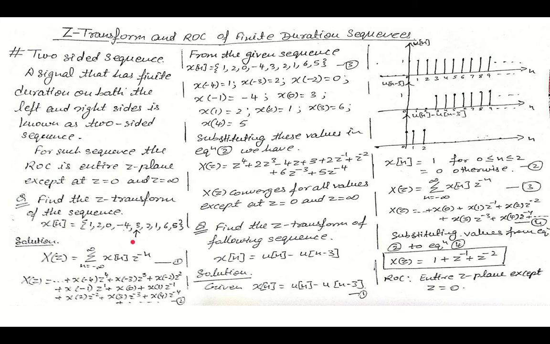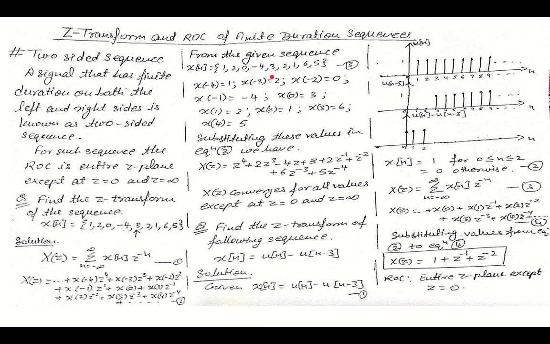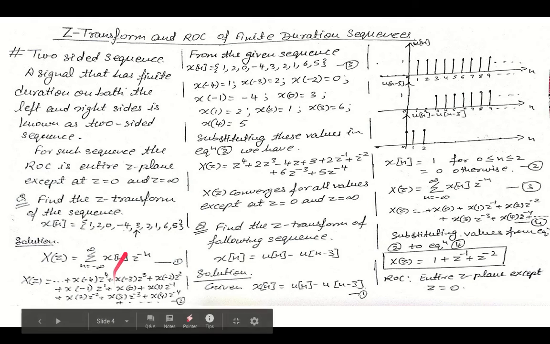Now this arrow is below 3. So that means this is corresponding to x[0]. Okay, now according to my definition of Z transform, I can say that X(z) is equal to sigma n is equal to minus infinity to plus infinity x[n] z to the power minus n. So I can expand this, and accordingly I can say that my value of x[0] is 3 from this equation, since the arrow is below 3.